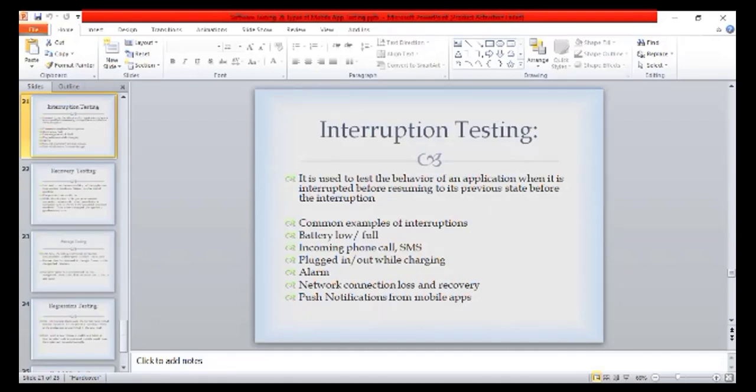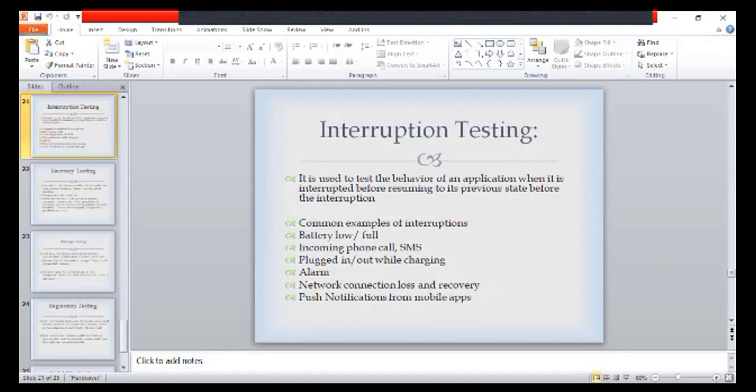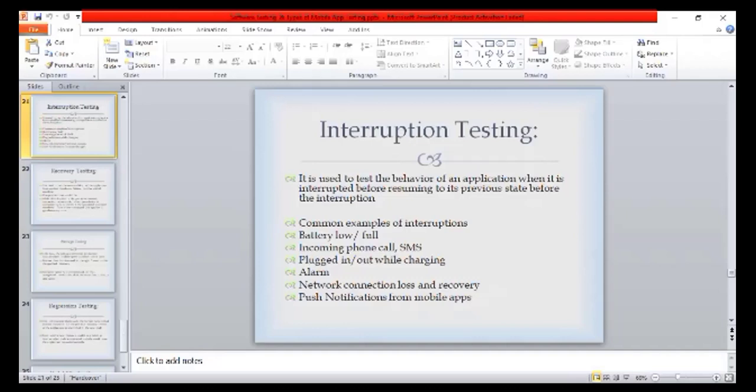Can we use multitasking when the charger is plugged in or not? When an alarm is ringing, or you have lost the network or recovery, and some mobile push messages you will be getting. Under these situations, how your app performs or behaves is known as interruption testing.